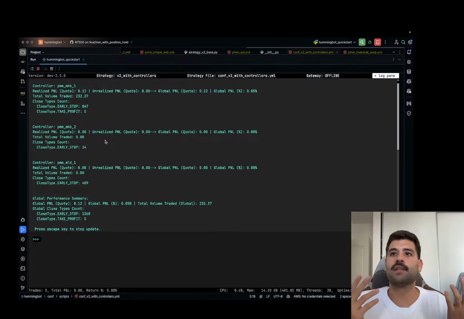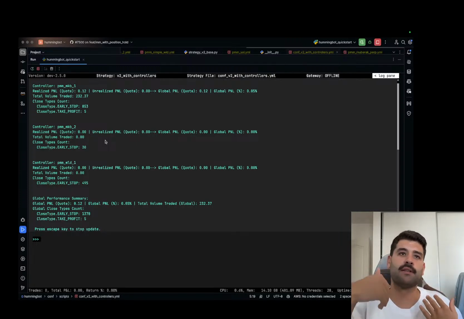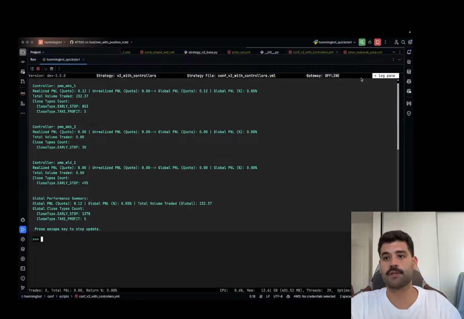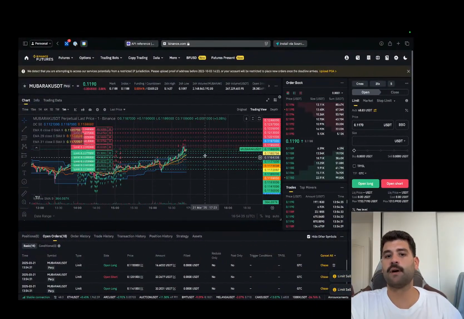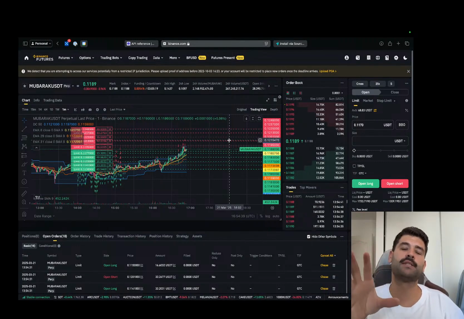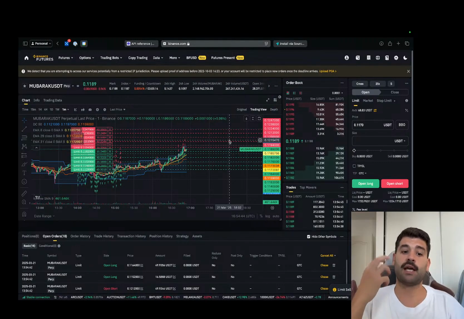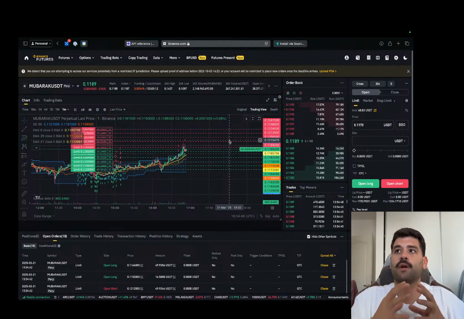And the good thing is that the resources, such as the order book, the trades, the candles, or any resource that you are going to use from the exchange, from that specific market, are going to be reused. So it's kind of free to deploy different versions of the same strategy with different configurations. And as you can see, all of them are working in the same market, but each of the actions is completely independent. That is why the executors and this abstraction of the controllers help you a lot when you want to do more